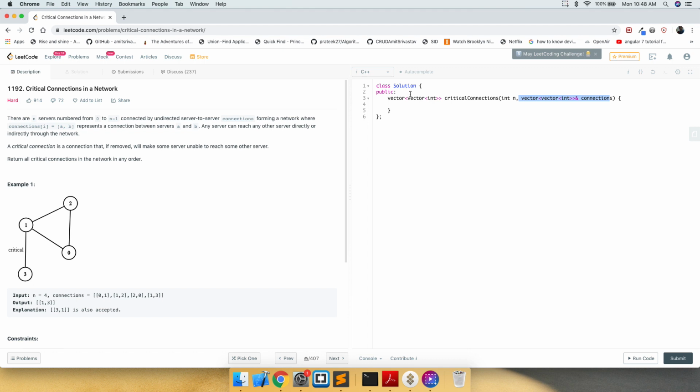What we are going to do is DFS, and along with DFS we are going to slightly modify it by maintaining two separate arrays, one called discovery and the other called low. I'm going to shortly tell you what the significance of these arrays is.